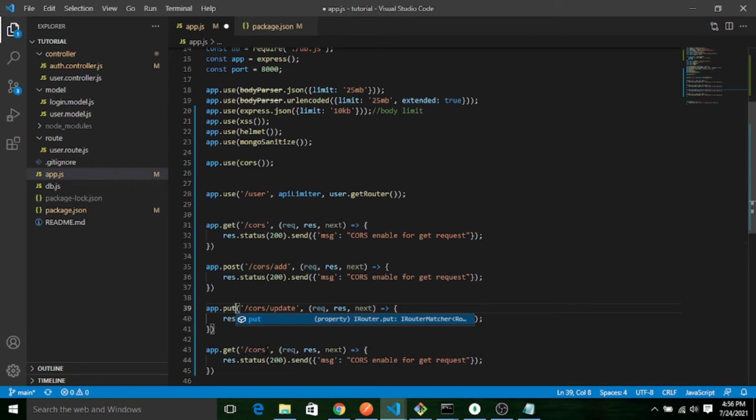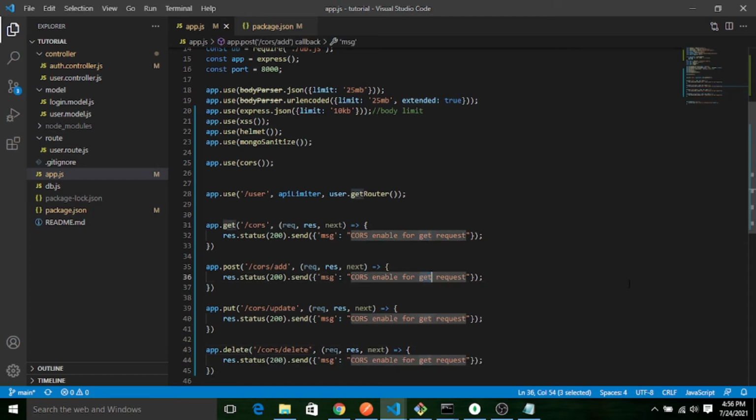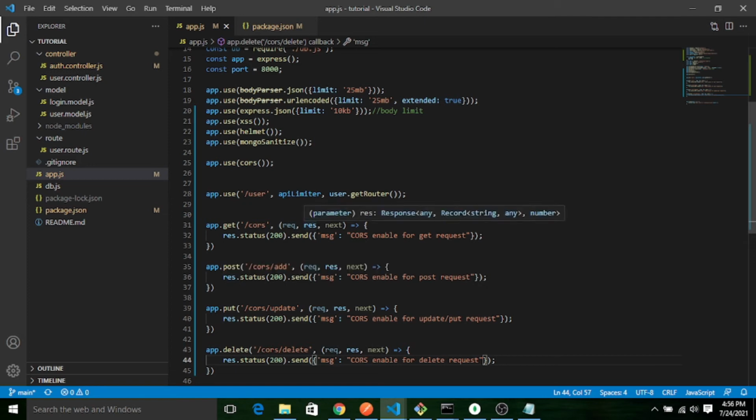Then here I will write delete. Then accordingly I will change the method name to delete. Let me change the messages also: post request. Let's say this is update or put request. Let me make it delete request. Now my four requests are ready, four routes are ready. So users from domain 3000 and from domain 4200 will try to access this and print these messages. So let's test again.